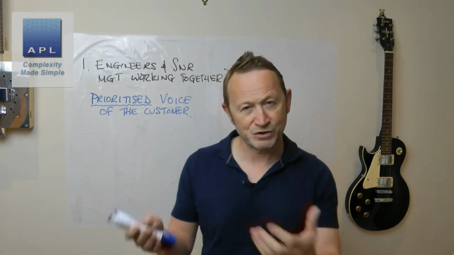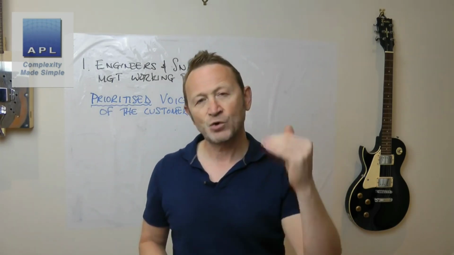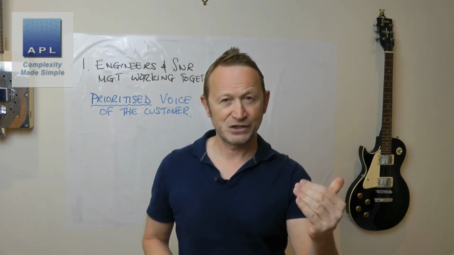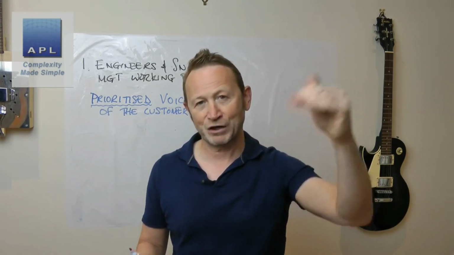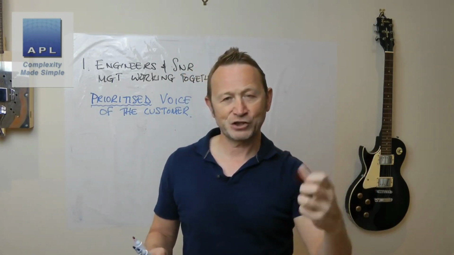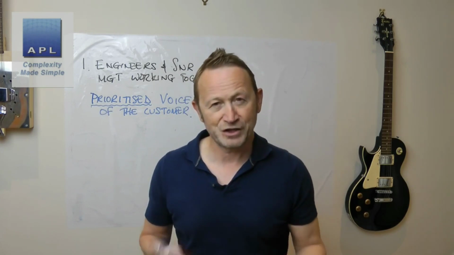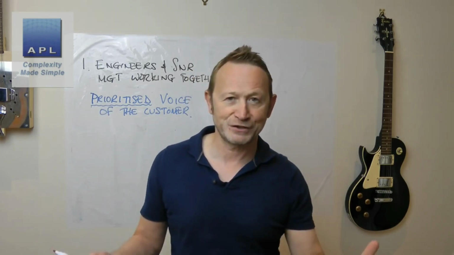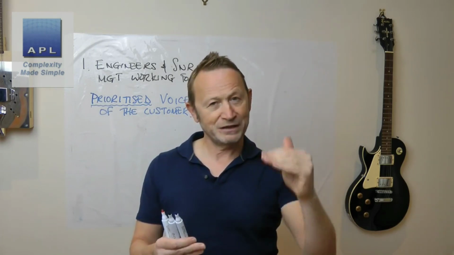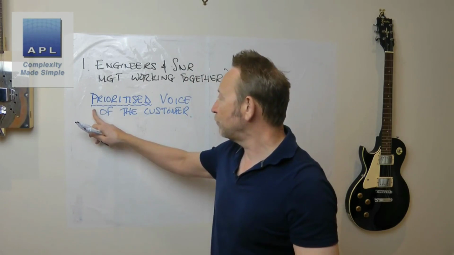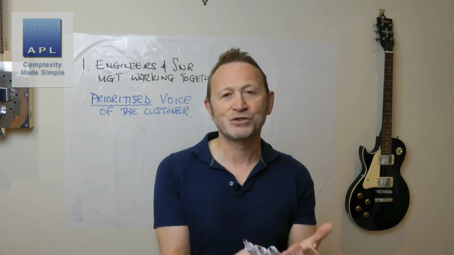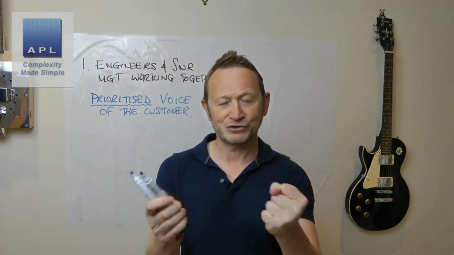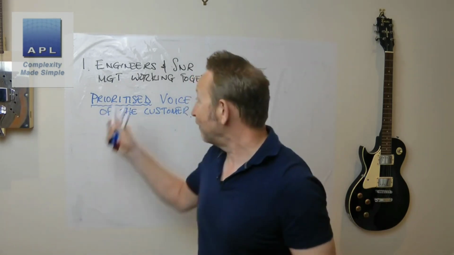Now obviously one of the things that will be in that list undoubtedly will be the cost of the product. So there'll be a list of, is it safe, is it reliable, is it very strong, can I drop it on the floor and it survive, that type of thing. Does it cost me 30 quid or less? So there'll be lots of things. Cost will be one of those things. But if you've got a prioritized list, then you understand how to make a proper decision. Otherwise, you just fight one another. And that's really what happens.